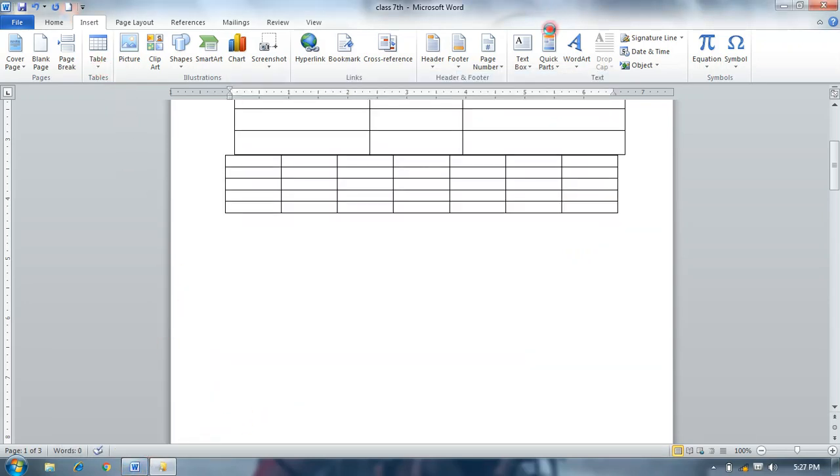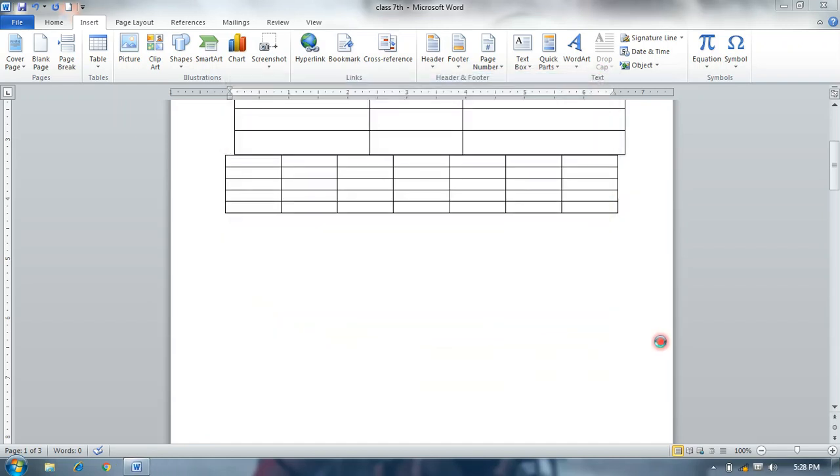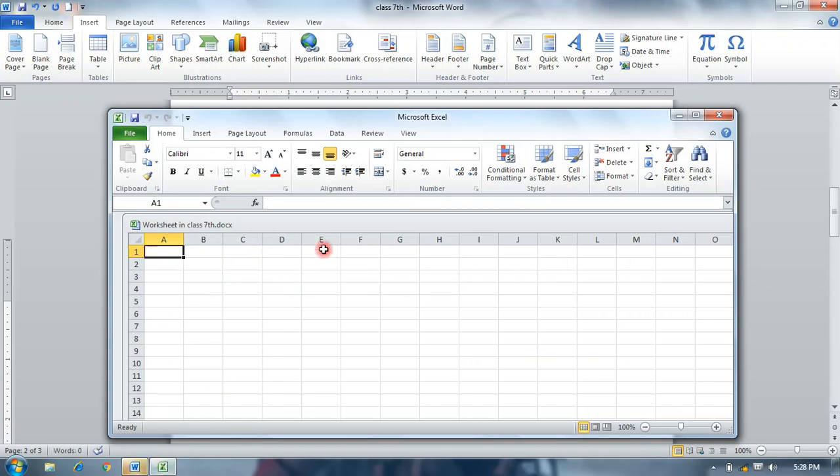Now this is the MS Excel sheet, and you can type your data in this.